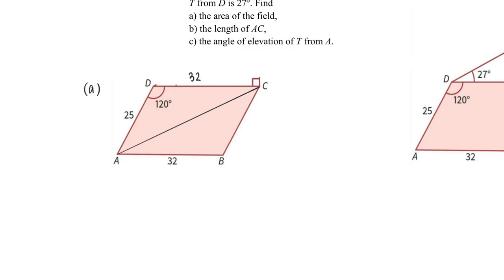And if I can find the area of triangle ADC, I just need to multiply by 2. I can find the whole parallelogram. And there's a formula for that. Okay? So for part A, the area of this field